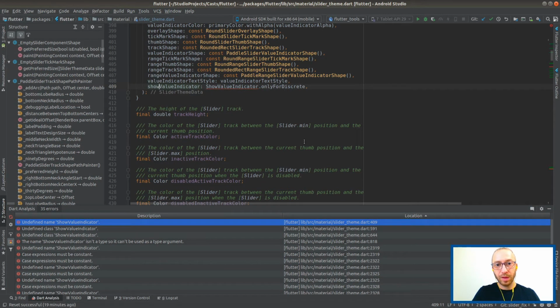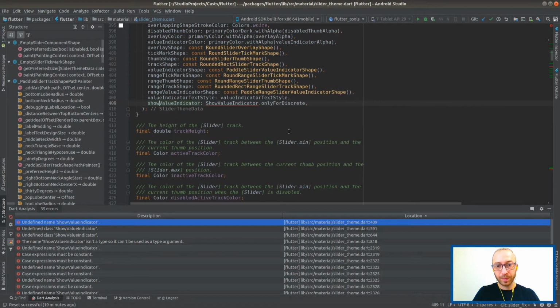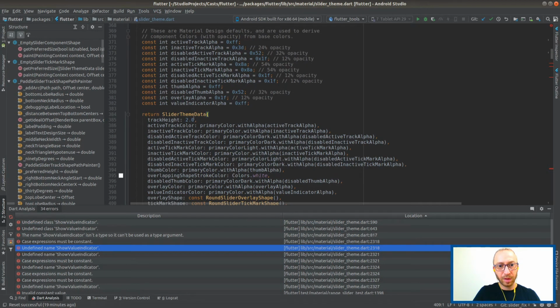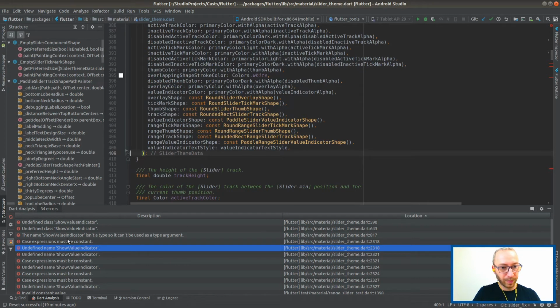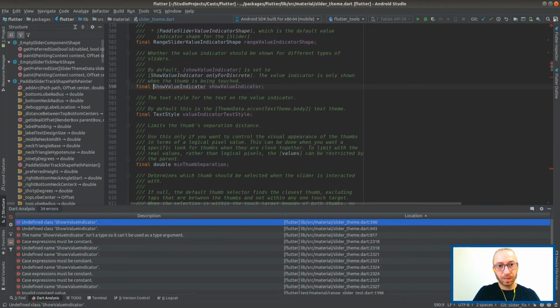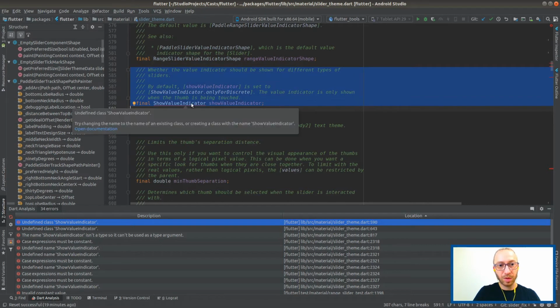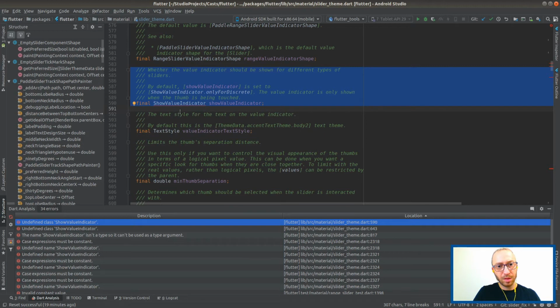So value indicator. Yeah, this one we don't need anymore. Is this like a default? Yeah, this is the default theme. Yeah, we don't use you anymore. Thank you for your service. Didn't I delete it?